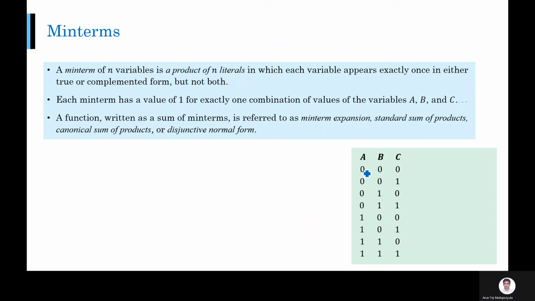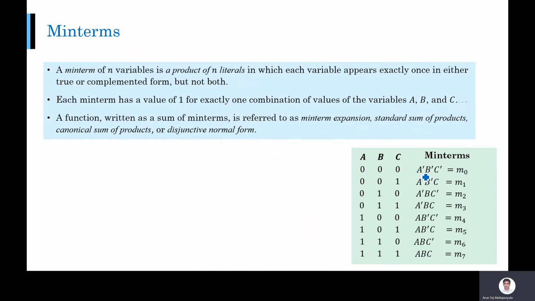Suppose I have these 3 variables here. These are all the combinations. So the min terms will then be a' b' c', a' b' c, a' b c', and so on. Okay, so you can check this. Each min term, let us say this min term we are taking, will be 1 for exactly one combination. This will be 1 only if a is equal to 0, b is equal to 1, and c is equal to 0. For all other combinations, this min term will be equal to 0.